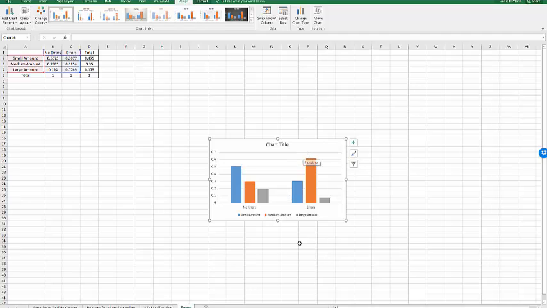This side-by-side bar chart gives me the distribution of the size of the amount, whether there are errors or no errors. So when we ask Excel to create a side-by-side bar chart,